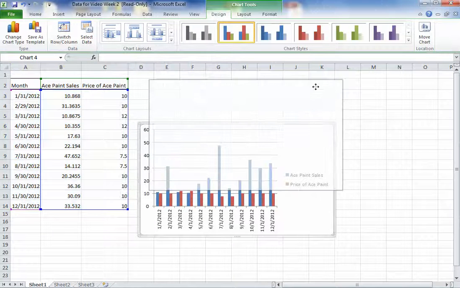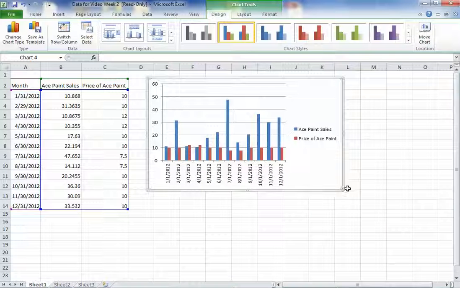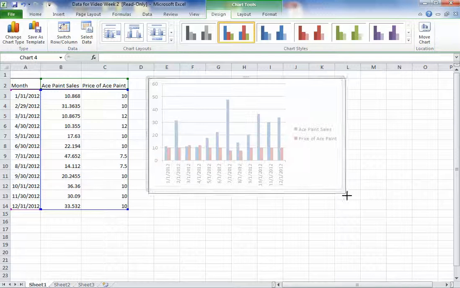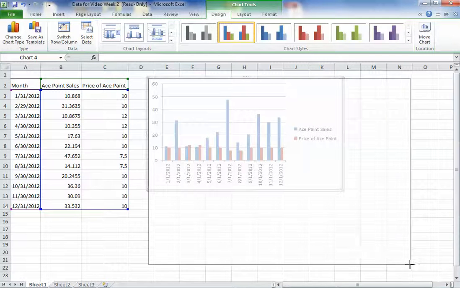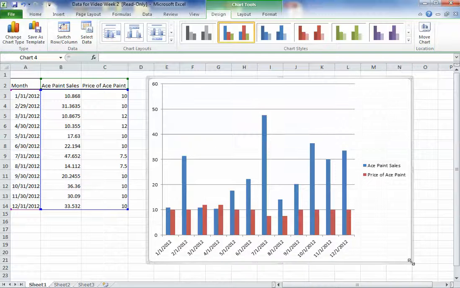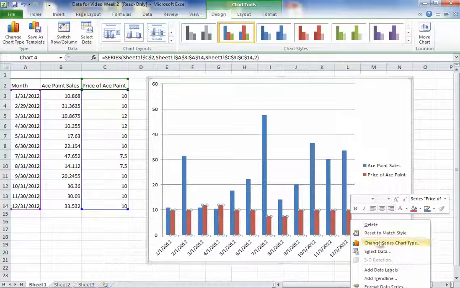Okay, so let's do something like this. So when I click that, Excel kind of intuitively knows, like it kind of reads your mind almost. It's a little scary. Sometimes it doesn't hit it on the nose exactly what you want to do, but most of the time it gets it pretty close. Now, you can see here that in our legend we have red is the price of Ace Paint, and we have blue is the price of the sales. Now, if we wanted to come in here and format